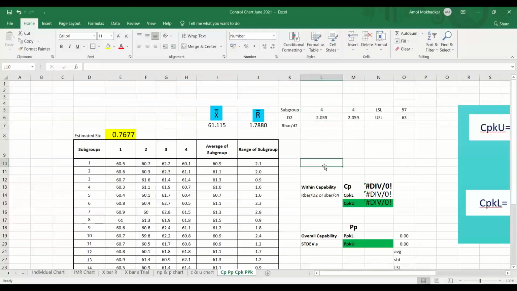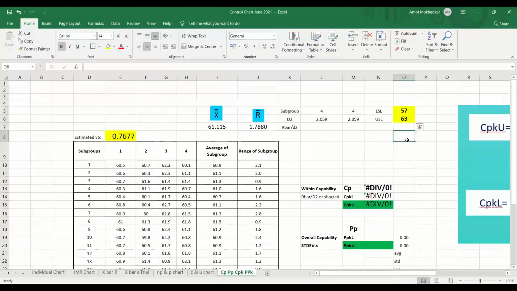Okay, so D2 value you have, you have R bar value, you have X bar value, you have standard deviation value. Now please calculate CP, CPK, PP, PPK. I will give you 4-5 minutes to calculate all these things. You have the formulas already. Sorry, LSL and USL you require. Nobody has asked me what is the LSL and USL, because without that how you are going to calculate?